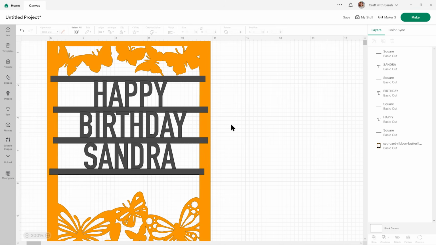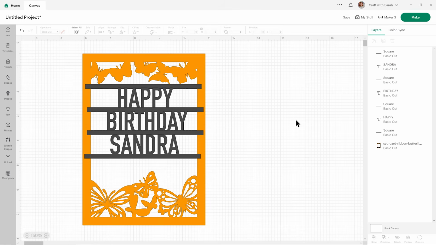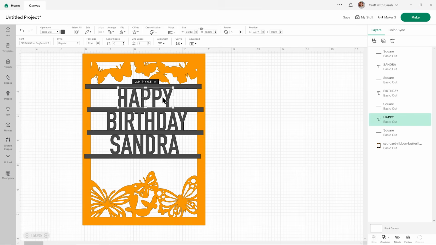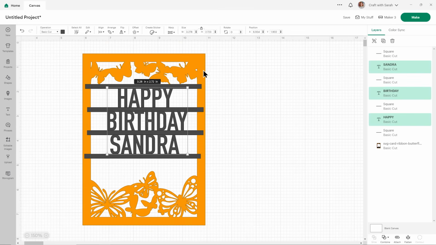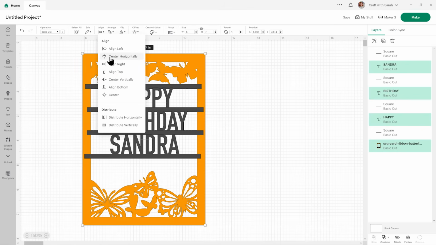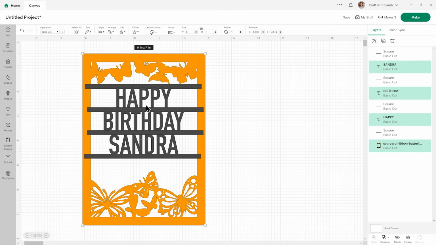So this method of doing it has all of the words and letters the same size on each of the different rows. I'll also show you a different way to do it in a moment. But first, let's just center all the text on here to make it get a little bit prettier. So click on one of the words, press the Shift key on your keyboard and choose the other words and also your main background image. And then go Align and then center horizontally. And that will put it all exactly in the middle.